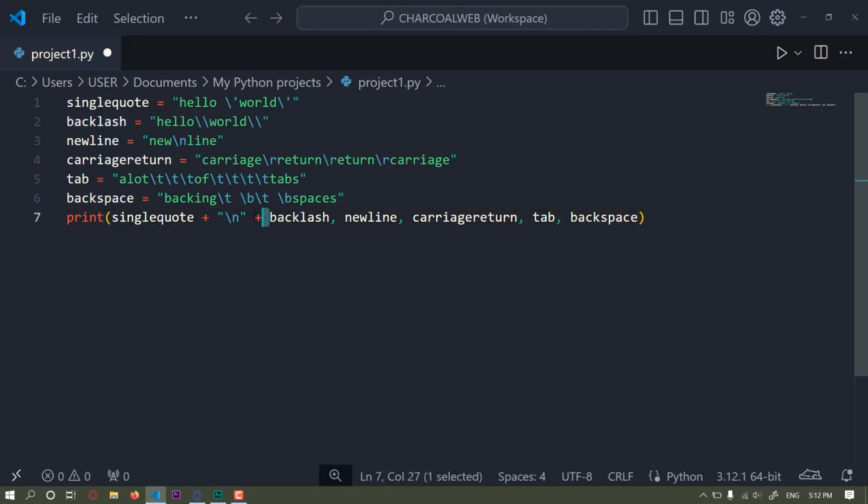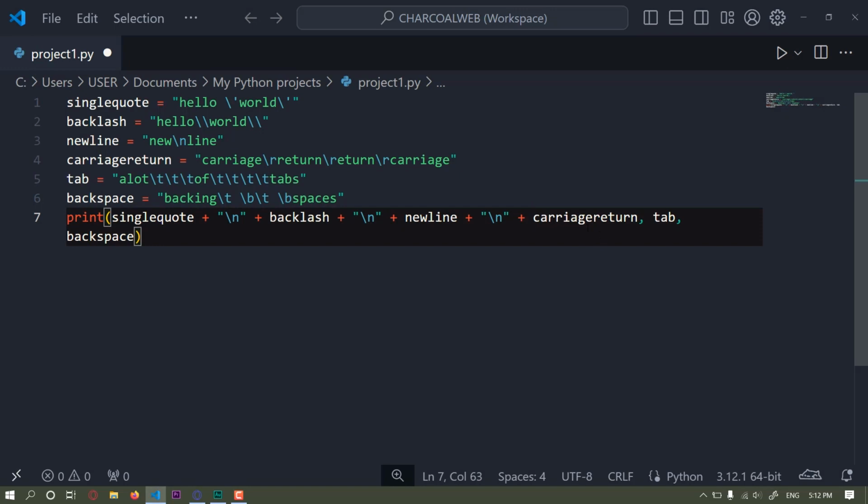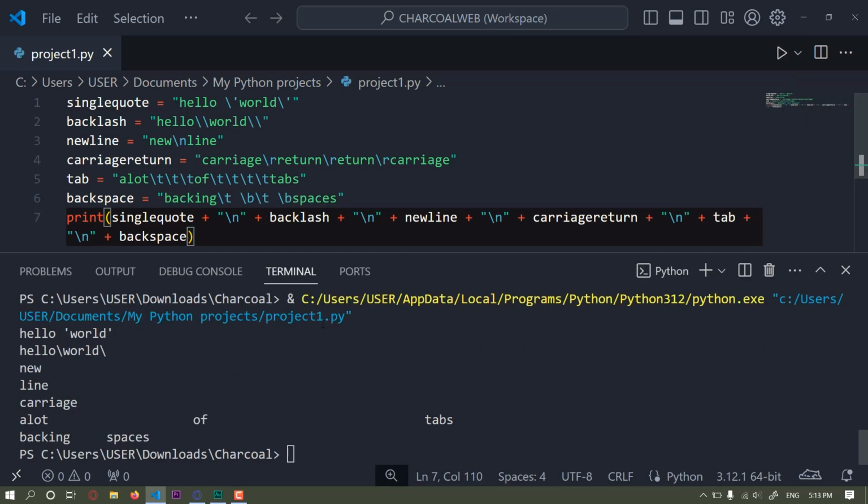There we go. Wait, let me include the space actually. Copy, paste. Let's replace all of the commas. Okay, all good. Let's see. There we go. New line. So we have the single quotes, we have the backslashes, new line, carriage. Seems like it's a bit too much. Let me just